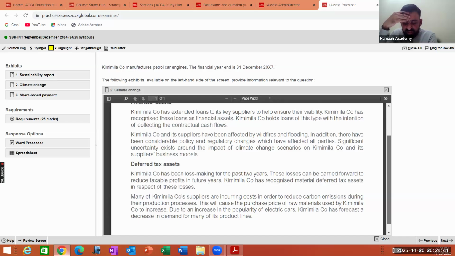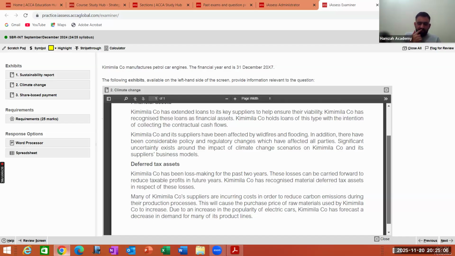Many of the K company suppliers are incurring costs in order to reduce the carbon emission during their production processes. This will cause the purchase price of raw material used by K company to increase. So future taxable profitability would decrease because the cost of doing business will increase. Due to an increase in the popularity of electric cars, K company has forecast a decrease in demand for many